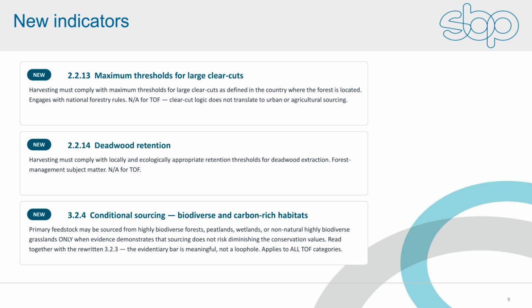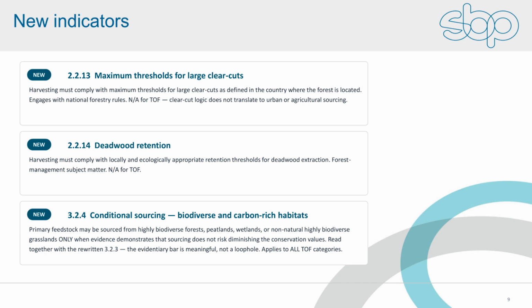And here are the 3 brand new indicators. 2.2.13 introduces maximum thresholds for large clear cuts. Harvesting must comply with the limits defined by the country where the forest is located. This indicator engages directly with national forestry rules and is not applicable to trees outside forest, where clear-cut logic doesn't